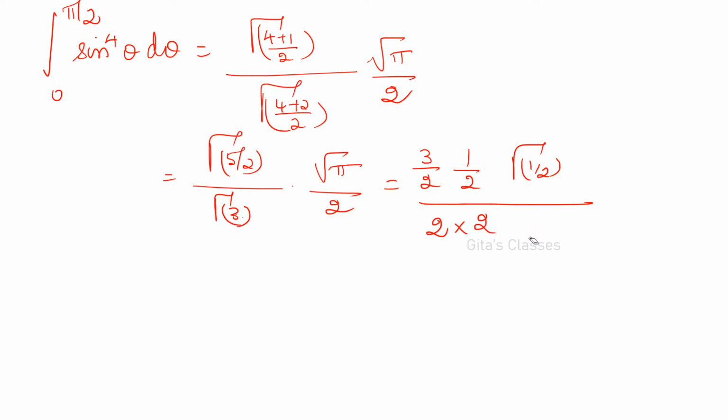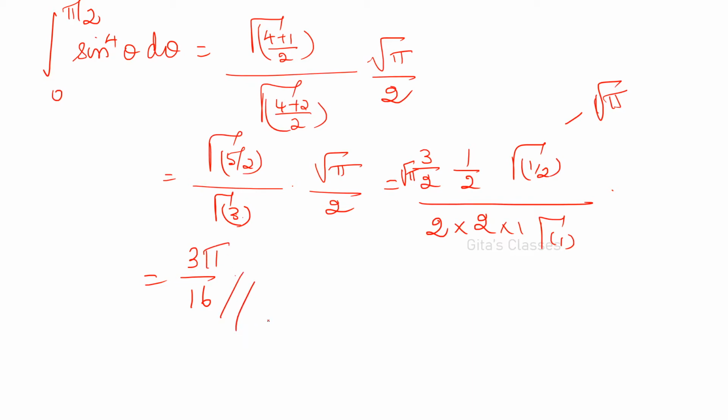Gamma of 2 can be written as 1 into gamma of 1, right? What is this already? Into root pi by 2. This 2 I have written here. Therefore, here 2 will come down. So 4 into 4, 16. So 3 divided by 16 into, what is gamma of 1 by 2? We already know that it is root pi. So this will become 3 pi by 16, which is the answer.